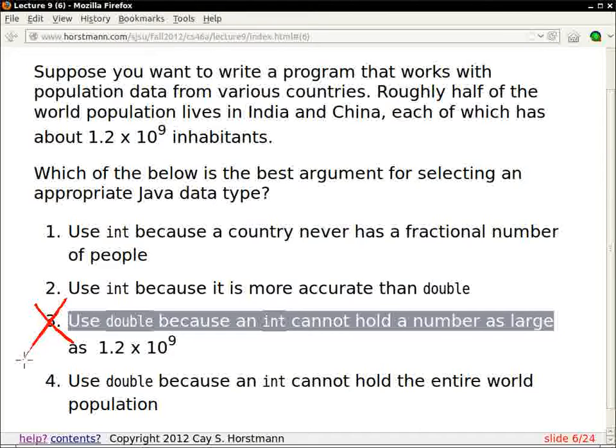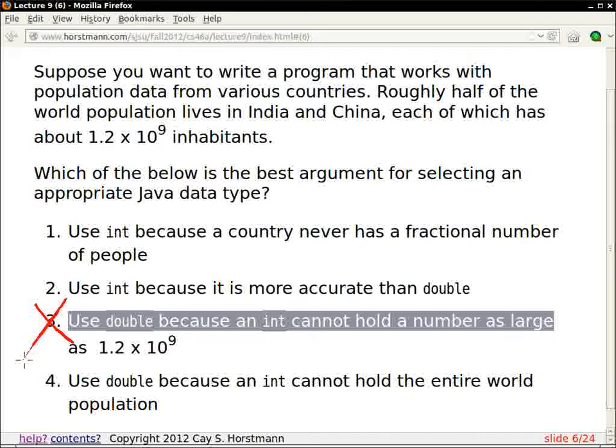If the program just wants to read and display those numbers, then you can get away with using int, because every one of those individual countries, one can use an int. If you wanted to sort the data set, say, so that the most populous countries show up on top, int would be good enough.